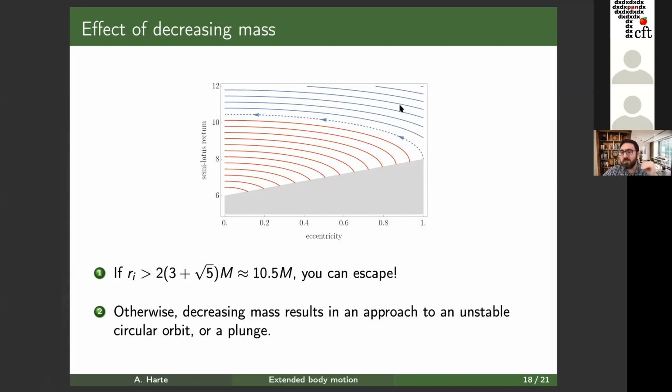So there's this sort of complete freedom or complete death on this side, and this is the dividing line. But if you're careful, you can actually do something else. You can use extended body effects to also stabilize your motion. You can have a control mechanism, take in feedback from what's happening and adjust your quadrupole moment. And to do that, you can get to this unstable circular orbit, and you can sit there stably using these extended body effects. So you don't have to plunge.